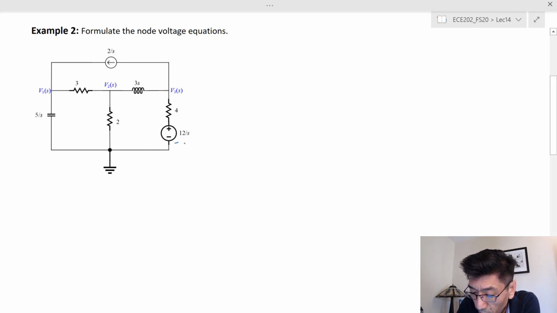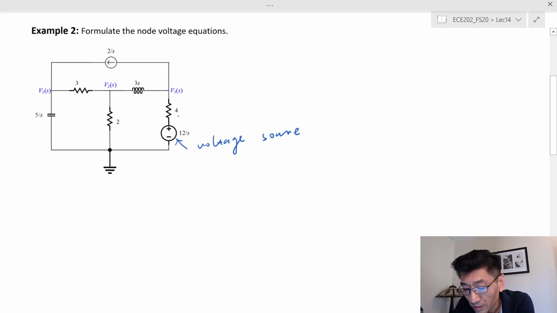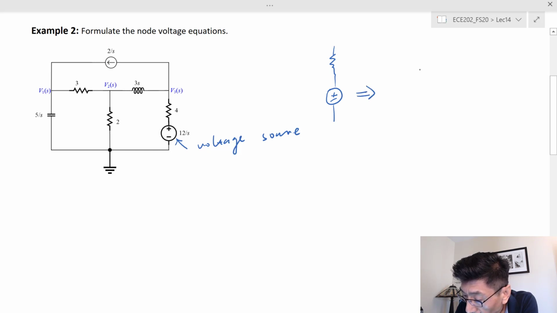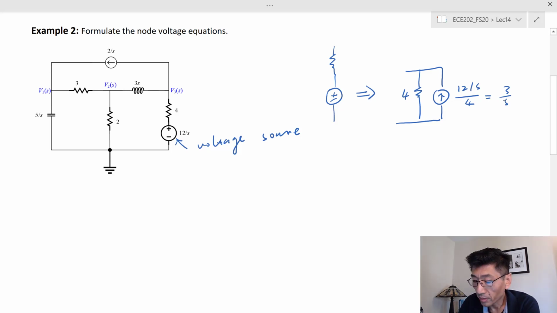So in this case, the 12 volt. By the way, you recognize this voltage source, for those who didn't recognize it, right? This is a voltage source, and this voltage source is in series with this impedance. In this case, the impedance is just a 4 ohm resistance. So what we can do is transform this into the resistance, which is still 4 ohm, in parallel with a current source. The current source here is 12 over s divided by 4, that equals 3 over s. Okay, so we're going to